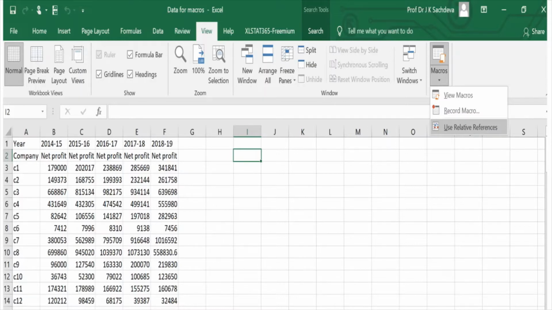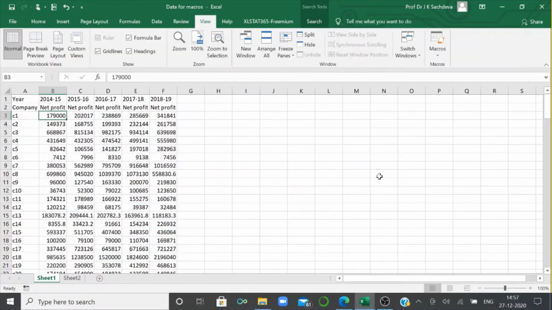Click on this and you will be able to go to a particular cell wherever you want to. Otherwise, this will go to the original cell from where you started. So you will have to press the use relative references icon.